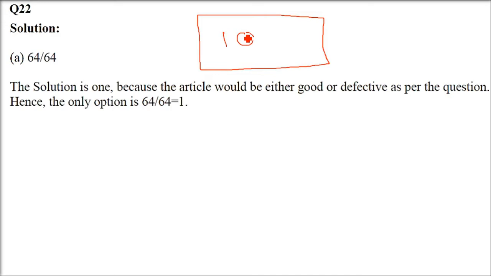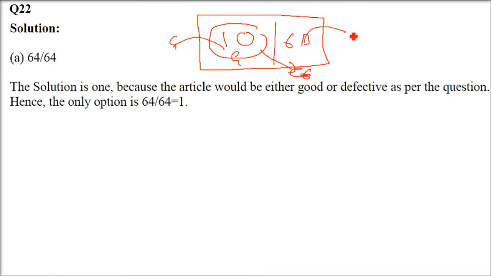So we have in all 16 total items, we have 10 good articles, that is they are not defective, 10 are good, and 6 are defective. Okay? Now we have to take out one of the items. The probability that it is either good or has a defect. So 10 are good and 6 are bad. We are picking one out of them.